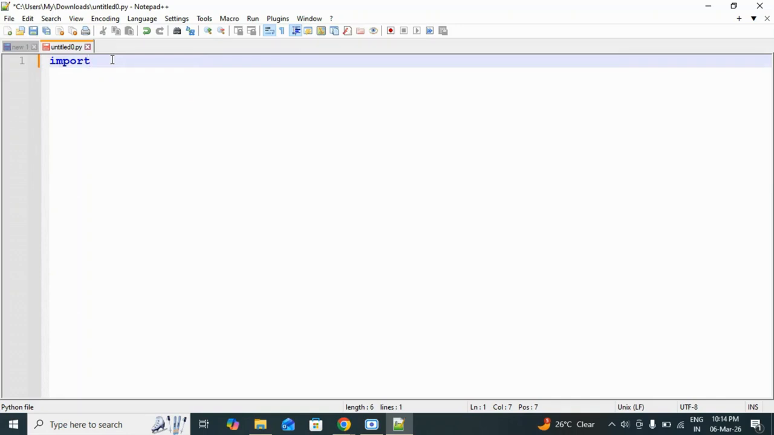You can also use Jupyter Notebook, but Jupyter Notebook is the same thing as Google Colab. So try to use a .py script. You can write in Notepad++, or you can use VS Code or a Python IDE. I'm using Notepad++. The name of the file is untitled0. So, import